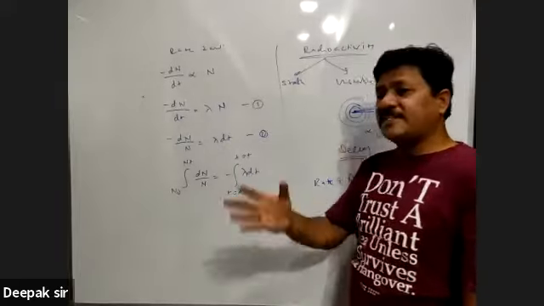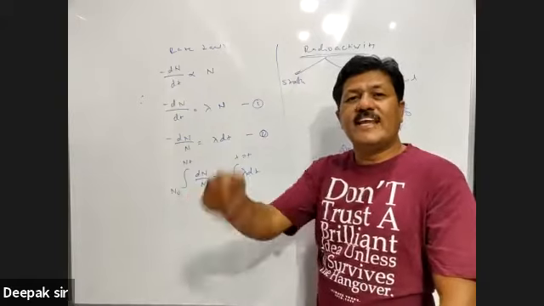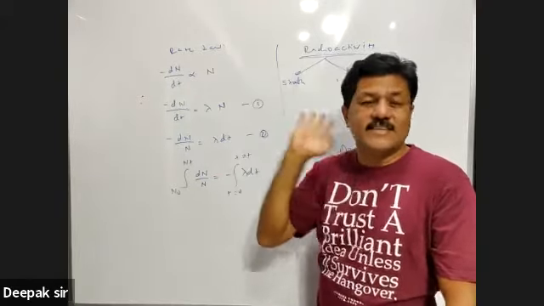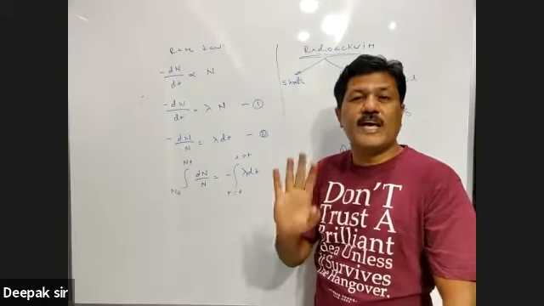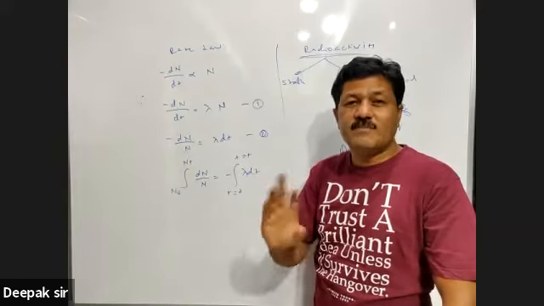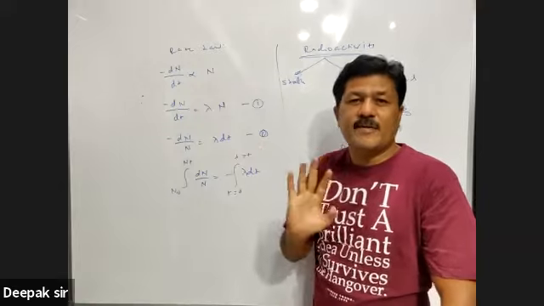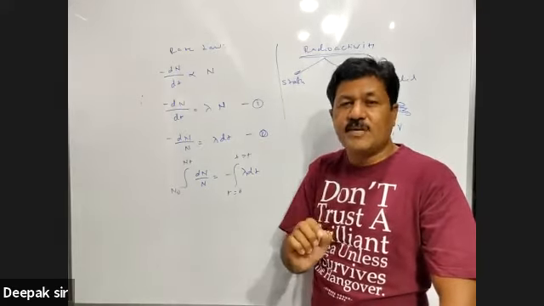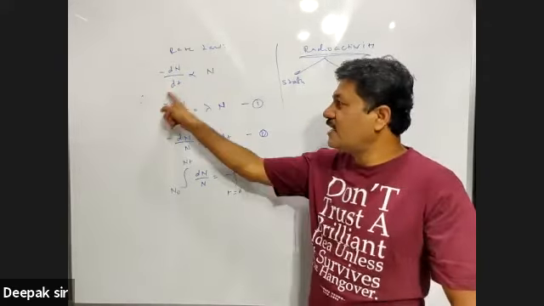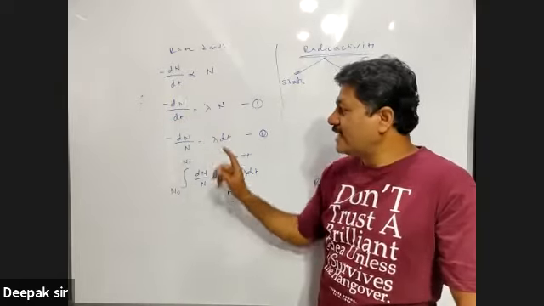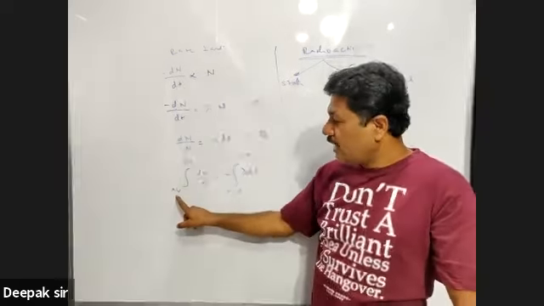ये सिर्फ इतना कहता है कि रेट ऑफ डिके इज डायरेक्टली प्रोपोर्शनल नंबर ऑफ एटम प्रेजेंट एट दैट इंस्टेंट। स्टार्टिंग में 100 एटम थे, उसके ऊपर डायरेक्टली प्रोपोर्शनल। 5 मिनट के बाद 50 एटम हैं, उसके ऊपर डायरेक्टली प्रोपोर्शनल। 10 मिनट के बाद 25 एटम्स हैं, उसके ऊपर डायरेक्टली प्रोपोर्शनल। बट कितने मिनट में कितने एटम डिके होंगे ये इक्वेशन नहीं दे पाता, और इसीलिए इस इक्वेशन को हमें इंटीग्रेट करना पड़ता है बिटवीन द लिमिट्स। n0 is the initial